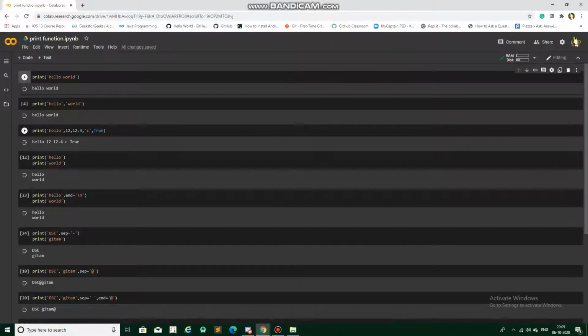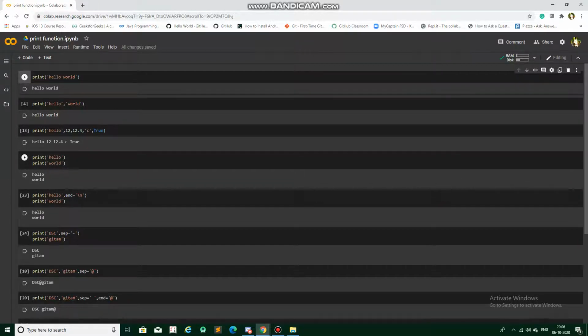A character and a string are both the same in Python, unlike in Java or C where they are different. In Python, even a single character or a sequence of characters is a string. Then you have True, which is a boolean. So if you mention a collection of different types of objects, it's going to print them as well.